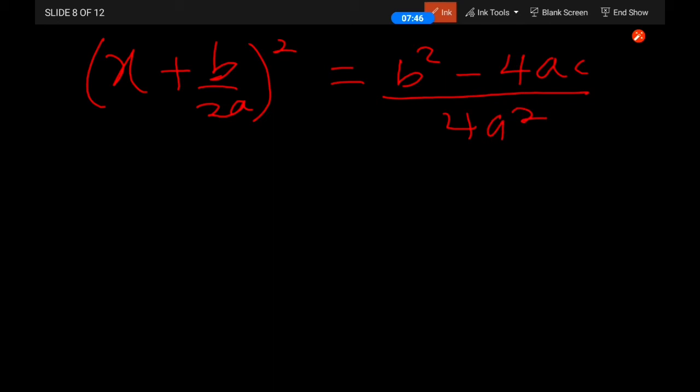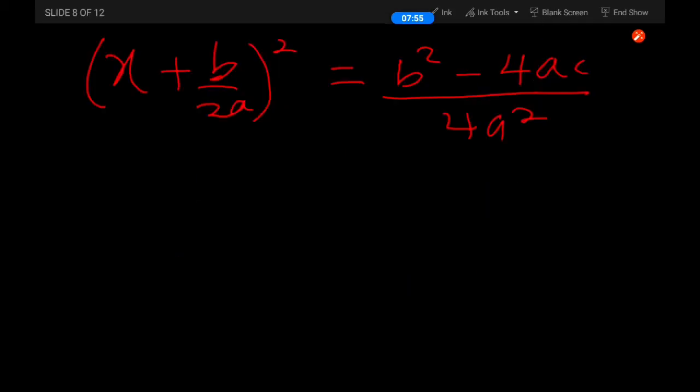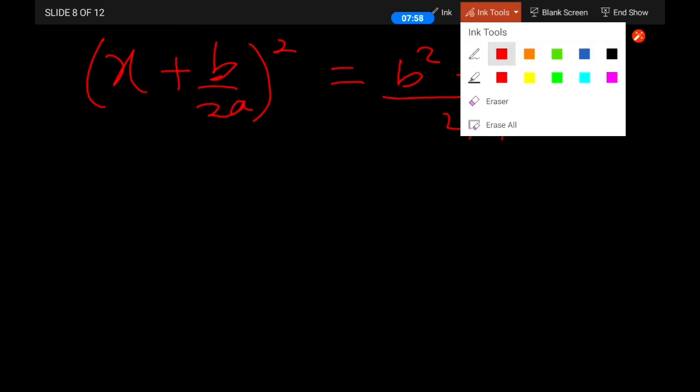Let's check again whether that is correct. We're going to be having b squared minus 4ac over 4a squared. Yeah, that is correct. Good. So let's move on from there. So that becomes what now? Well, we're not going to be getting,